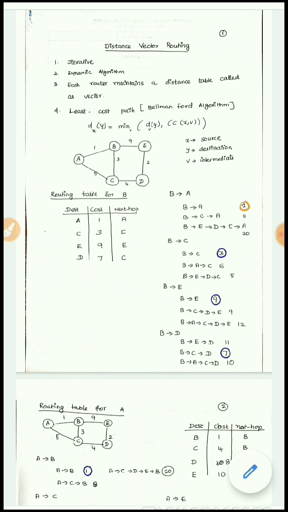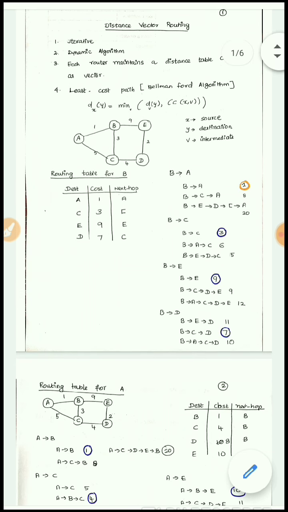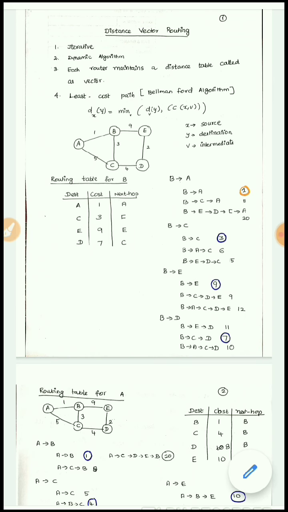So for that kind of doubts, we have to go for the next option. If you have taken the minimum cost, the next metric you have to see is the number of hops for that path. So minimum number of hops will be taken. Out of these two paths, BE path has only one hop, the another path has 3 hops to communicate. So we are going to choose the final path as BE communication, that has to be updated in our routing table. The same way you have to go for the destination D.